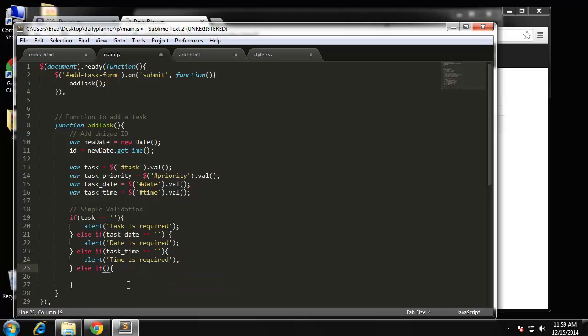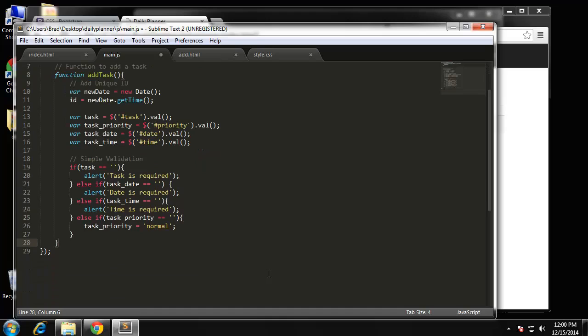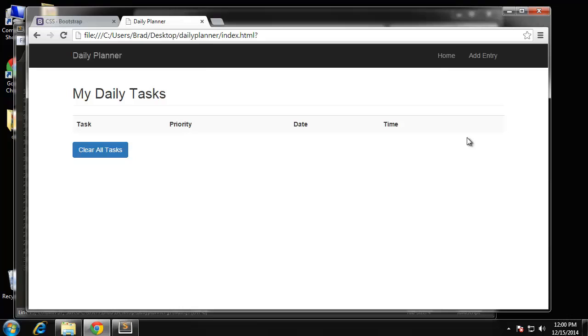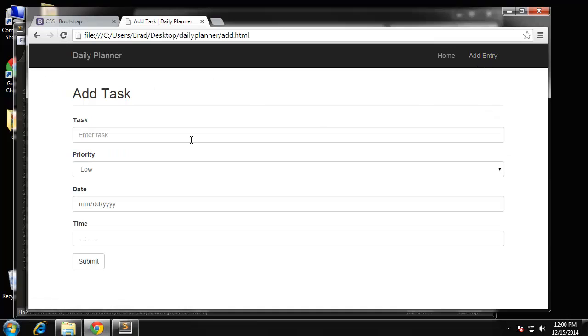Okay, the priority. We're going to say if task priority is equal to nothing, which probably won't happen because it is a select, but if it does, then we're just going to set it to normal. And then we'll just have another else, and that'll be if all the conditions are met. So let's try it out. If we save, I don't want to create an ID, so I just want to comment that out. And if we save and add an entry,